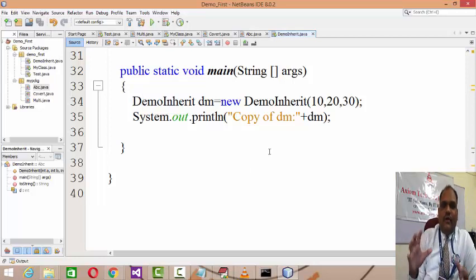So here we need to prove the point that inheritance means reusability. Reusability means you have an existing class, right, which has private data, constructor, and methods. Now you create the derived class, extend it from the base, and establish the relationship, that is extension. Now obviously your base class is an individual class and the derived class is an individual class. But because of the inheritance, the object of the derived can very well refer to its own properties and, at the same time, the properties belonging to the base, right?